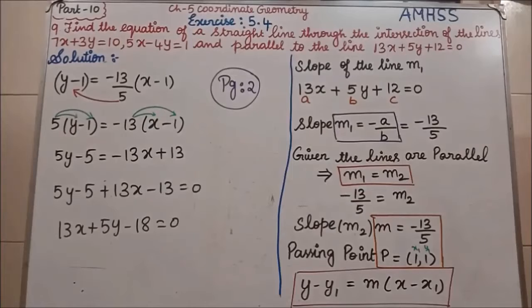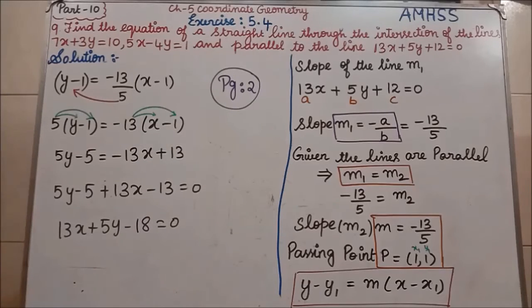See, in the page number we have written up to what? y minus y1 is equal to m into x minus x1. We know x1 and y1 is what? (1, 1) is our (x1, y1). Now we are going to substitute in this. y minus y1 value is 1, equal to my m value is minus 13 by 5, x minus x1 value is 1. The next step we are taking the 5 to cross multiply. Then minus 13 into x minus 1. If you multiply this, 5 into y, 5y, 5 into 1 is 5, equal to minus 13 into x is minus 13x, minus into minus it will become plus.